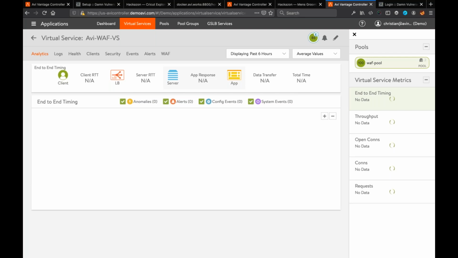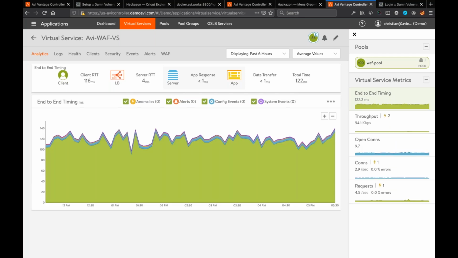So the virtual service represents your application. The controller takes care of where this application is hosted on which service engine. That's all done automatically for you. For the admin, this is your interface centrally on the controller.